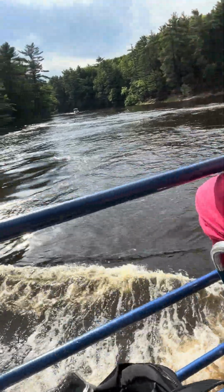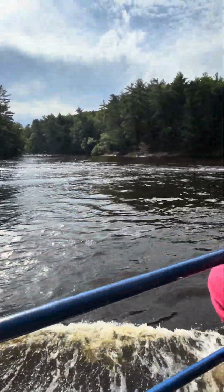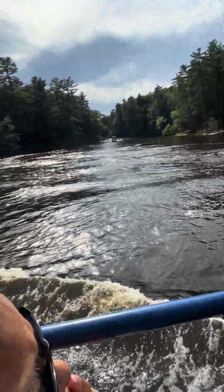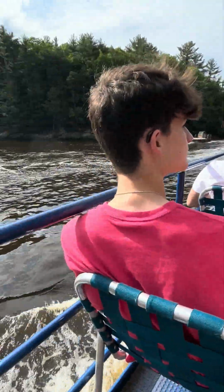Now, there's a concrete dock just off to the right that leads up to Cold Water Canyon. Now, we used to stop there, but nobody really liked taking a 3-hour tour, so this is where we dock our ghost boats during the summer. So if any of you like haunted houses,